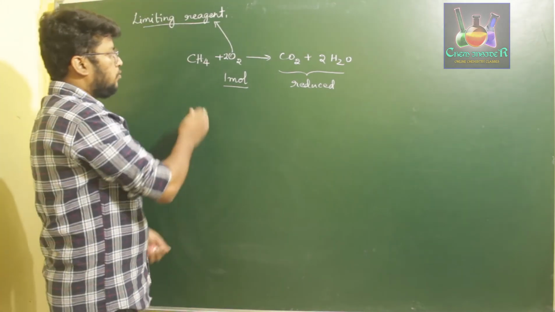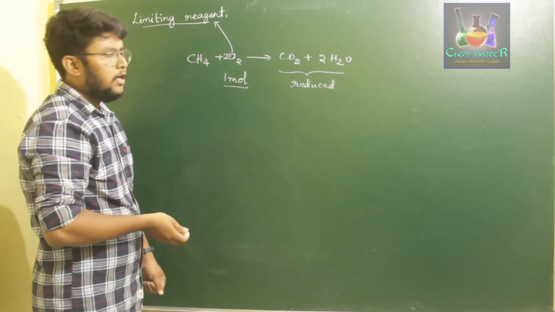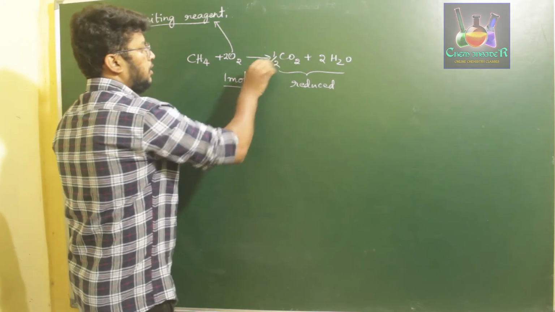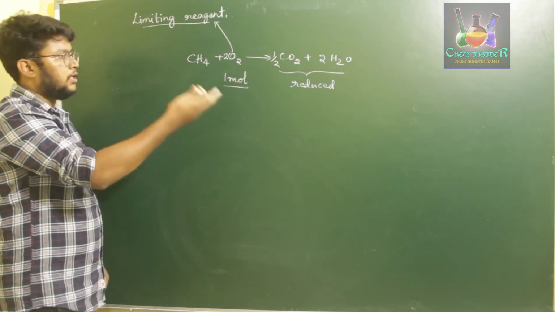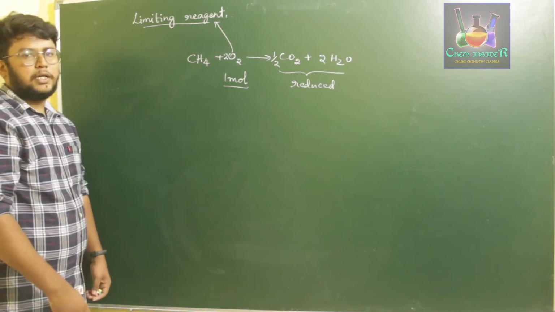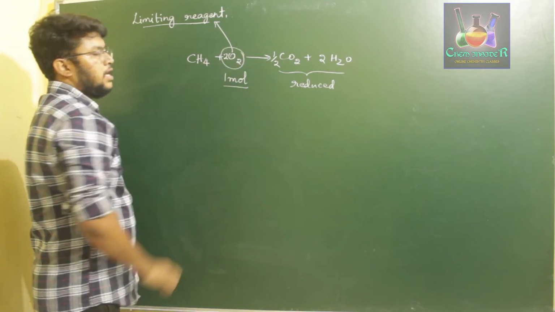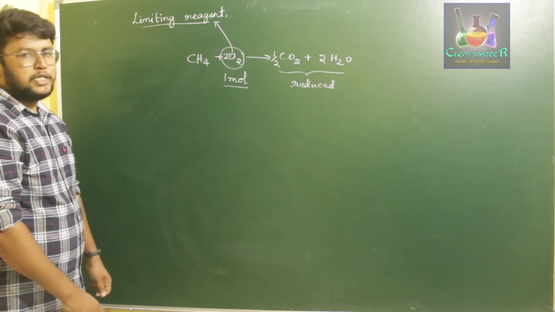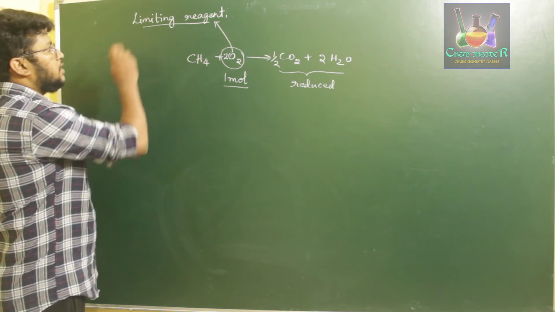Okay, so for 2 moles of oxygen, we used to get 1 mole of carbon dioxide. If we use 1 mole of oxygen, we are going to get just half a mole of carbon dioxide. So clearly our CH4 has not been completely burnt with oxygen, right? So this type of reaction is called a limited reaction, in which one of the reactants is known as the limiting reagent. The reagent which was taken in a lesser quantity is called the limiting reagent.